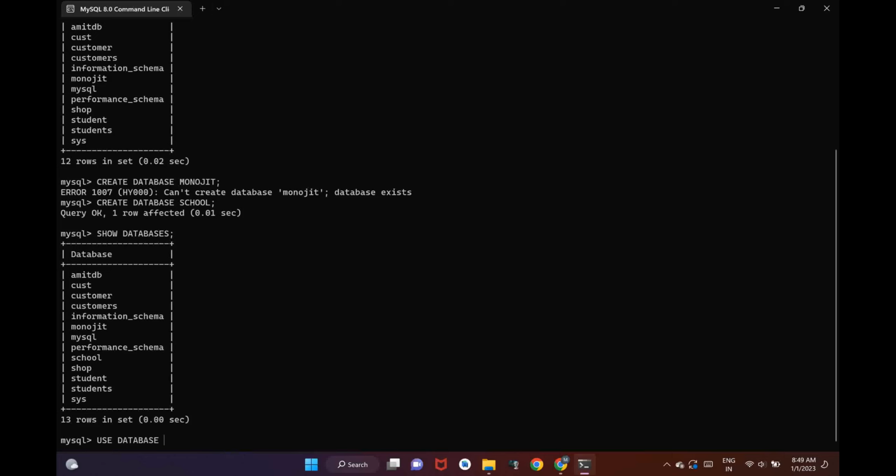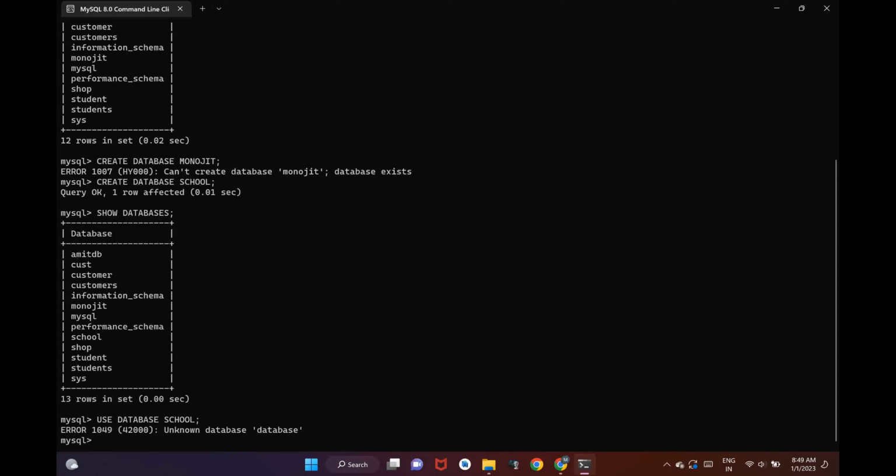Any database that you select for your work, you can create tables inside it. First you need to use the database. So you can use a database like this: USE database,